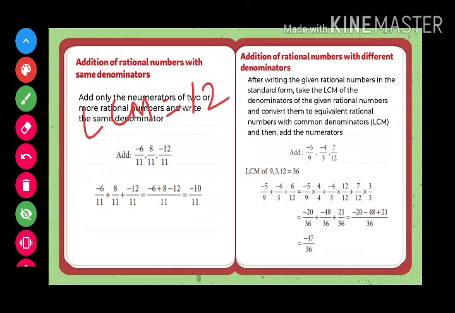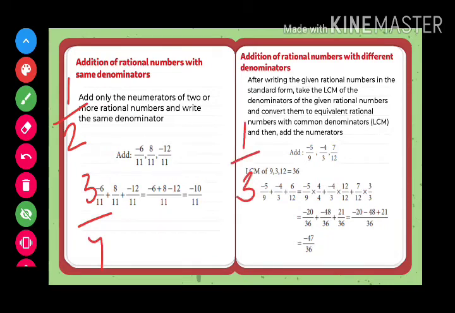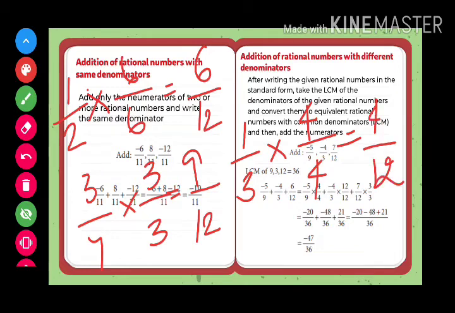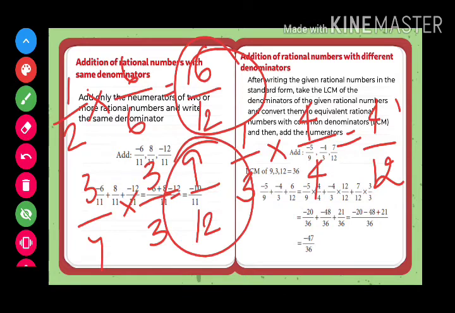Now we should convert all the rational numbers into rational numbers having denominator as 12. So 1 by 2, 3 by 4 and 1 by 3. 1 by 2, into what number should we multiply here? We should multiply by 6. Then we'll get 6 by 12. Here we have to multiply by 3. 4 into 3 will give us 12, 3 into 3 will give us 9. Here multiply by 4. 1 into 4 will give us 4 and 3 into 4 will give us 12. So 6 by 12, 9 by 12 and 4 by 12.